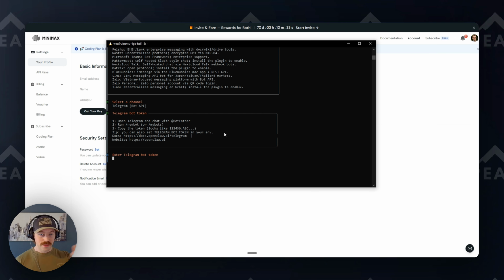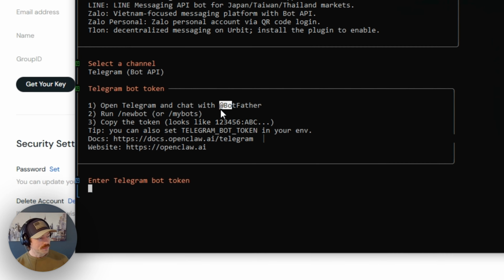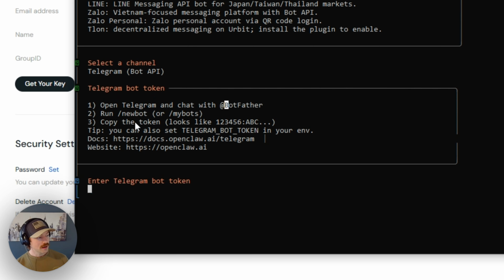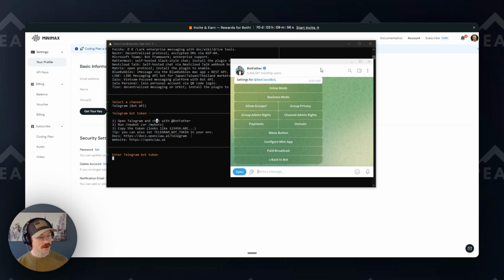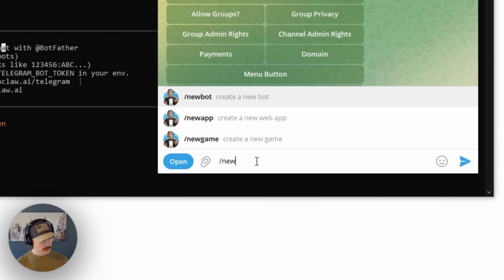We're going to set up Telegram. The instructions couldn't be any easier. So you're going to open up Telegram on your phone or on the desktop app, and you're going to look up this user right here, BotFather. And then once you open, you're going to send him this message. All right. So here you can see I have BotFather open and we're going to send him the message to